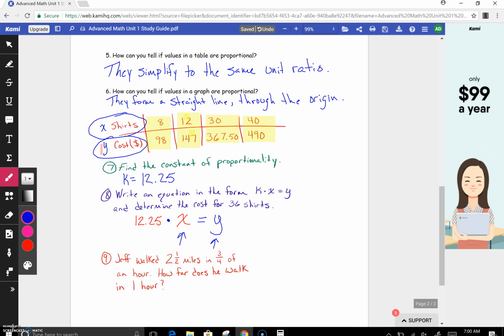Last one, Jeff walked 2.5 miles in 3/4 of an hour. How far does he walk